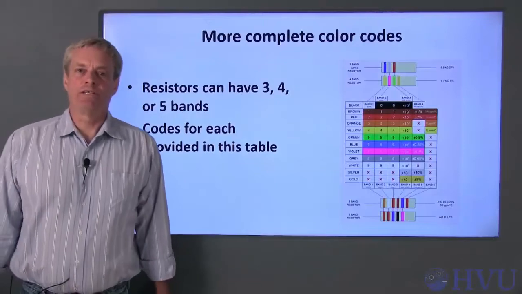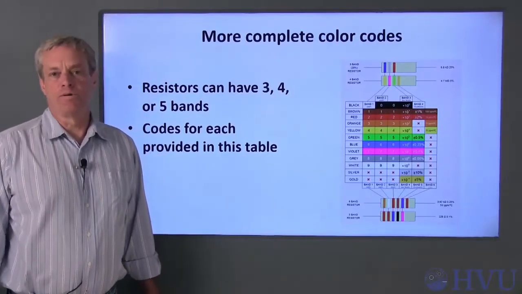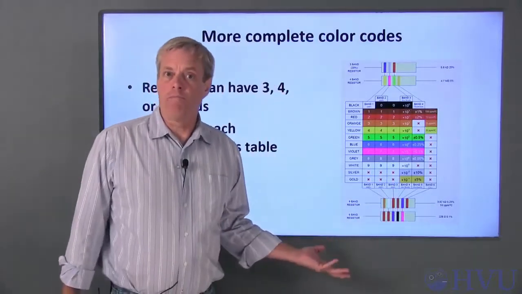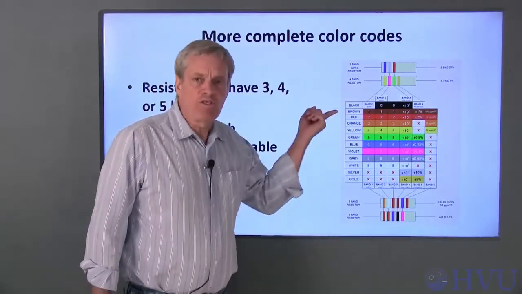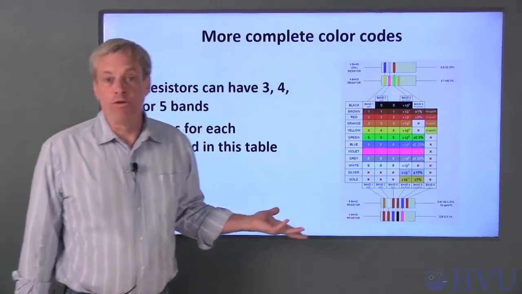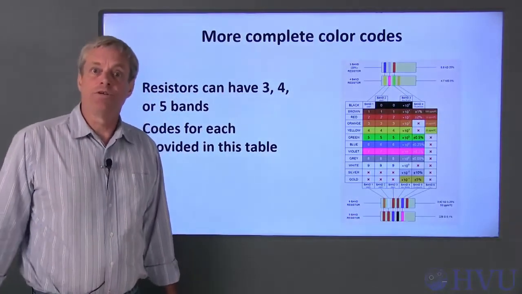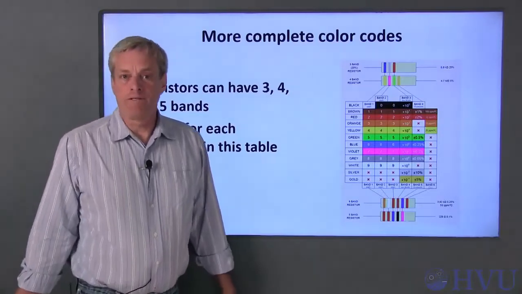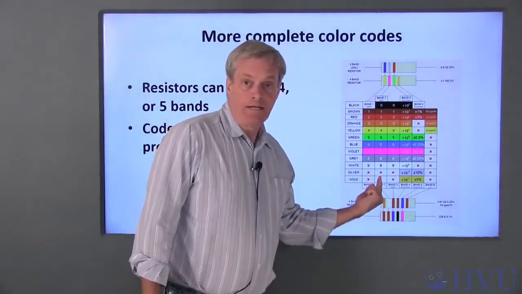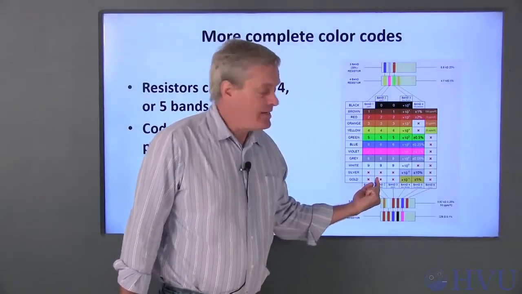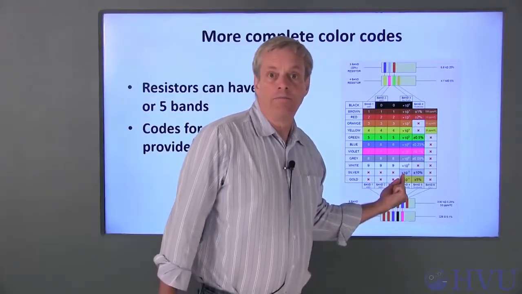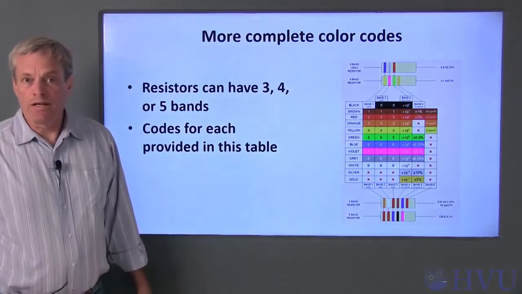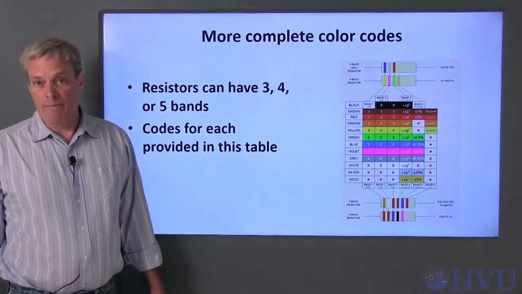As I mentioned previously, resistors can have various numbers of bands. This table provides coding for all possible variations. I won't spend time on this, since if you can read a 4-band resistor, you can use the table to read any of the other codes. For a 4-band resistor, the first and second columns of this table indicate the mantissa, and the fourth column gives the exponent. Now let's take a look at an example of using the color codes to determine a resistor's nominal